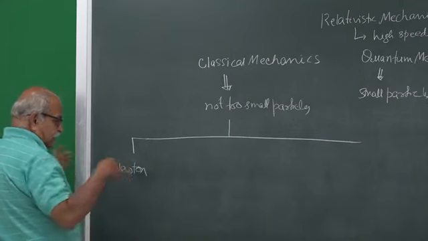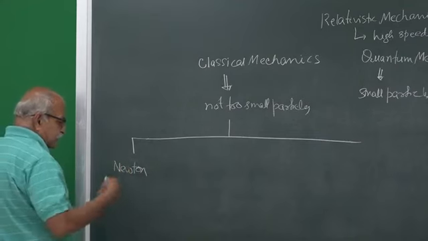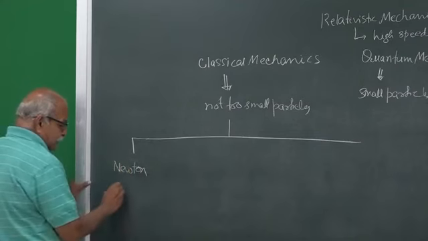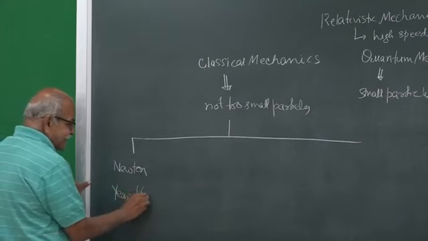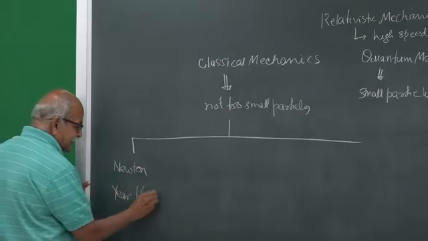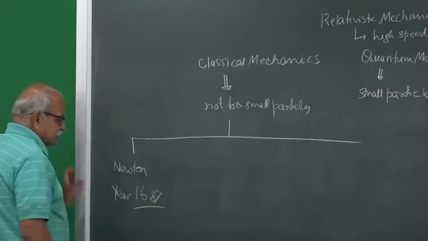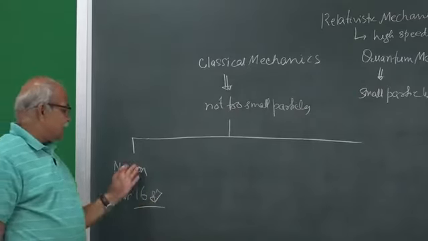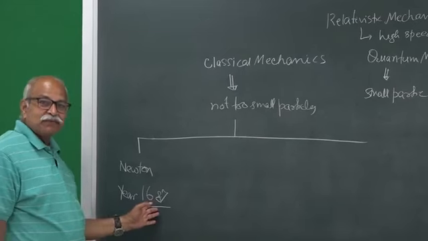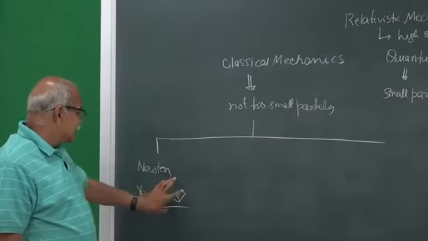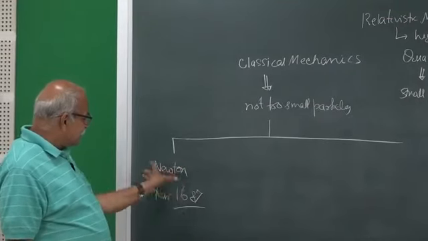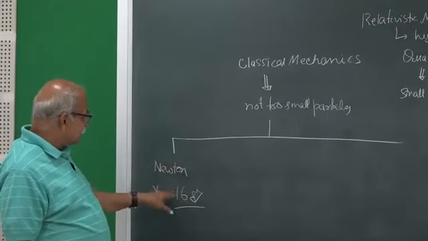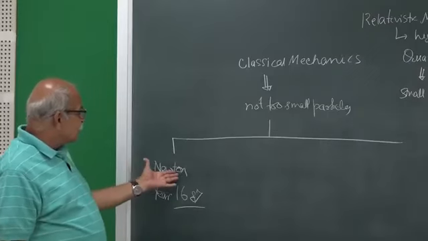This was in the 17th century, around the year 1687, perhaps, when Newton published the mechanics book Principia. So, this is roughly the later half of the 17th century, the period when Newton formulated this. We call it Newtonian mechanics,